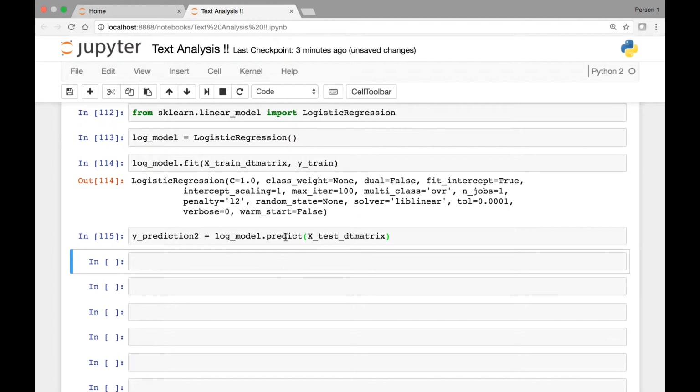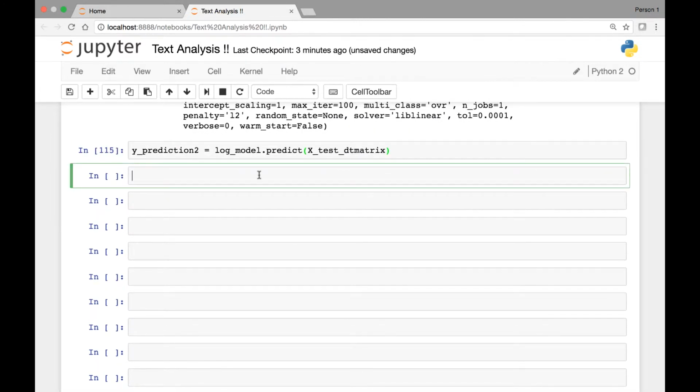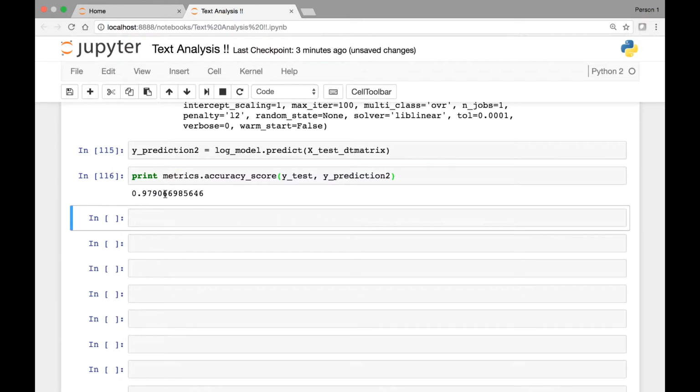Now that we have our prediction, we can call the accuracy score method and print out the accuracy score. So let's print metrics.accuracy_score. We have already imported metrics in the previous lecture, so print metrics.accuracy_score, and then we'll pass our true value y_test, and our prediction y_prediction_2 in this case. Now if we run this, we get an accuracy score of